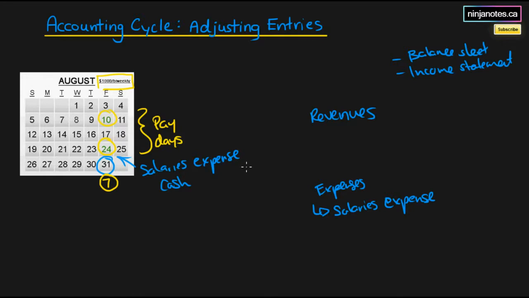So what's going to happen is the salaries expense, if we're not actually recording anything for this week, then we will not have reported any expense for the last week of August. So our salaries expense will be understated, which is not a good thing. It won't be an accurate income statement. It won't show all of the expenses we have incurred in the month of August. And this will also cause a conflict